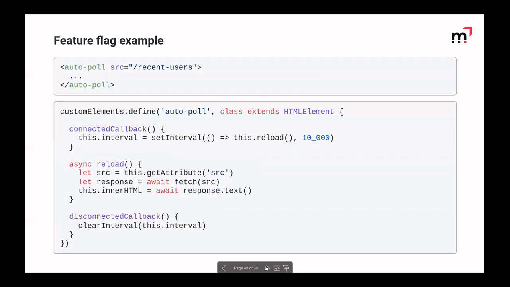So I made an example of how we could build this. This is a very naive and simple polling implementation. Again, we build a new element called autopoll, and what this element does is fetch this URL every 5 or 10 seconds and replace its content with the server response. Again, if any questions, just ask. We don't really need to go too far into the implementation here. This is the most naive and simple implementation I could come up with for such an element.